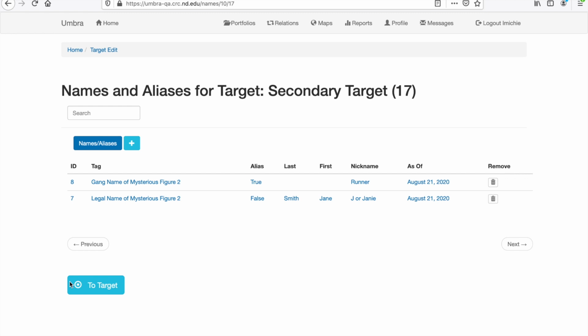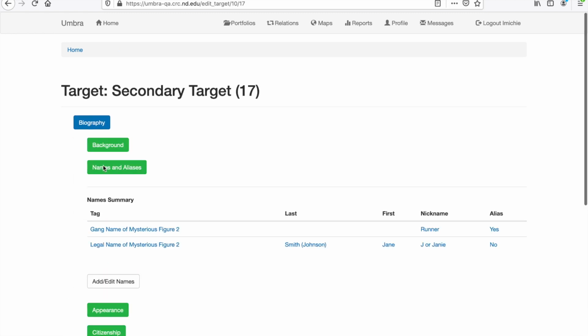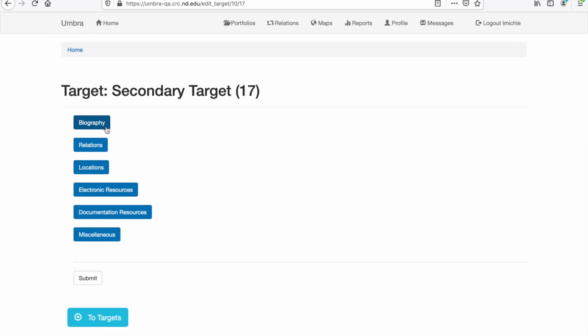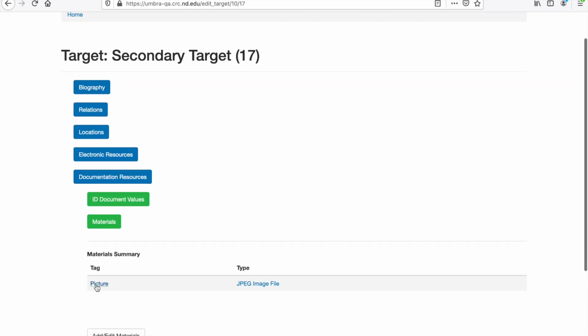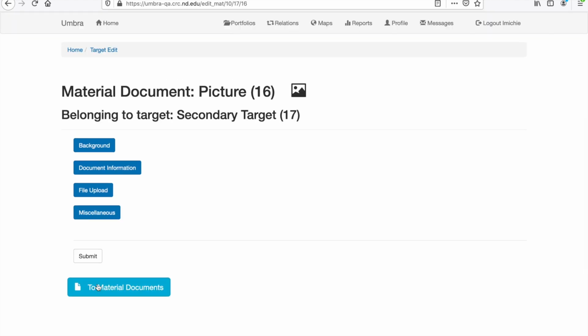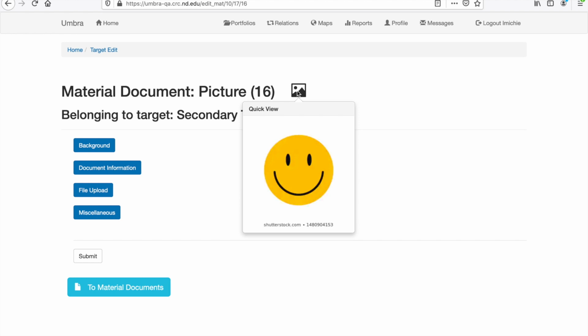Unlike other target elements, the Materials tab found under the Documentation Resources tab does not deal primarily with information fields. Instead, it enables an analyst to gather and catalog files and URLs. These documents may be listed, created, edited, and reviewed using the same sort of interface approach as all other elements. However, to keep Umbra's database manageable, there is a 5 MB limit to the size of a file that can